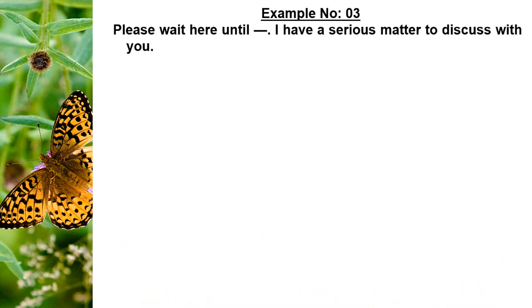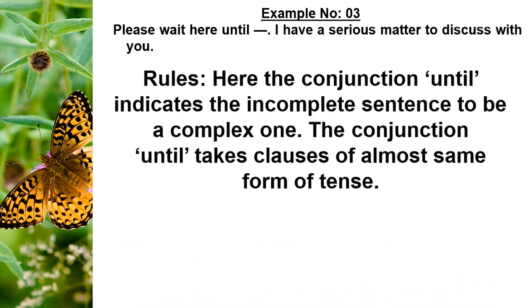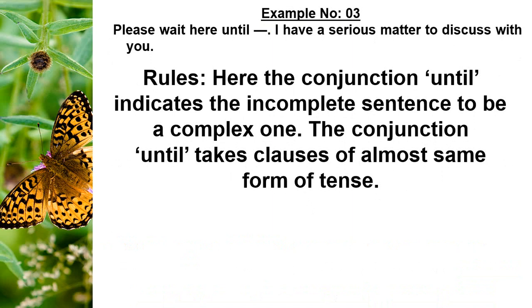Example number 3. Please wait here until, and then gap. I have a serious matter to discuss with you. Here until is a conjunction. It indicates the sentence to be a complex one because until is a subordinating conjunction, and this conjunction usually takes same types of forms of tense